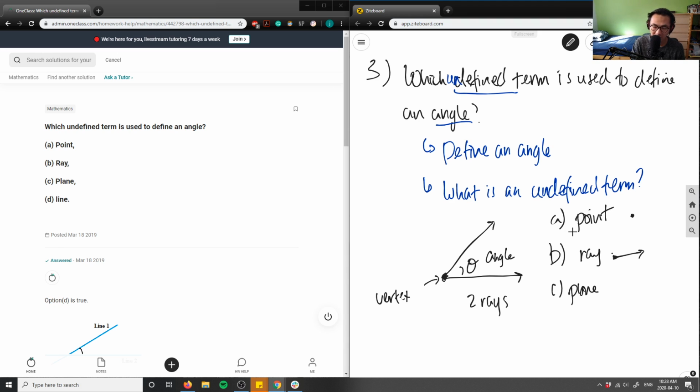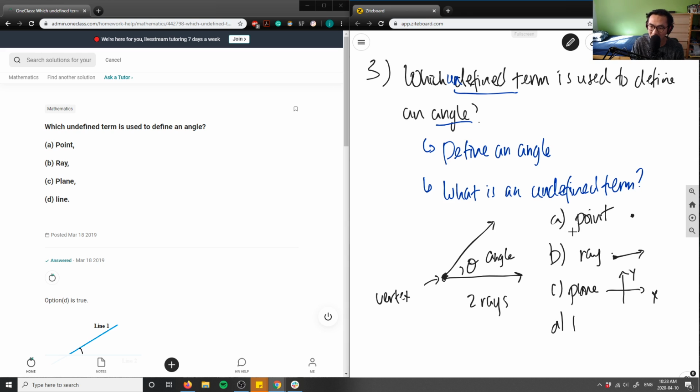C here is a plane. And what is a plane? A plane is something that's in two dimensions. It has an infinite width and extends infinitely in two dimensions. So for example, an XY plane is something we're familiar with. This is X, this is Y. This is an XY plane. We plot a lot on something called the Cartesian plane, which is cool. But this doesn't help us find an angle, right? An angle is made by two rays, right?